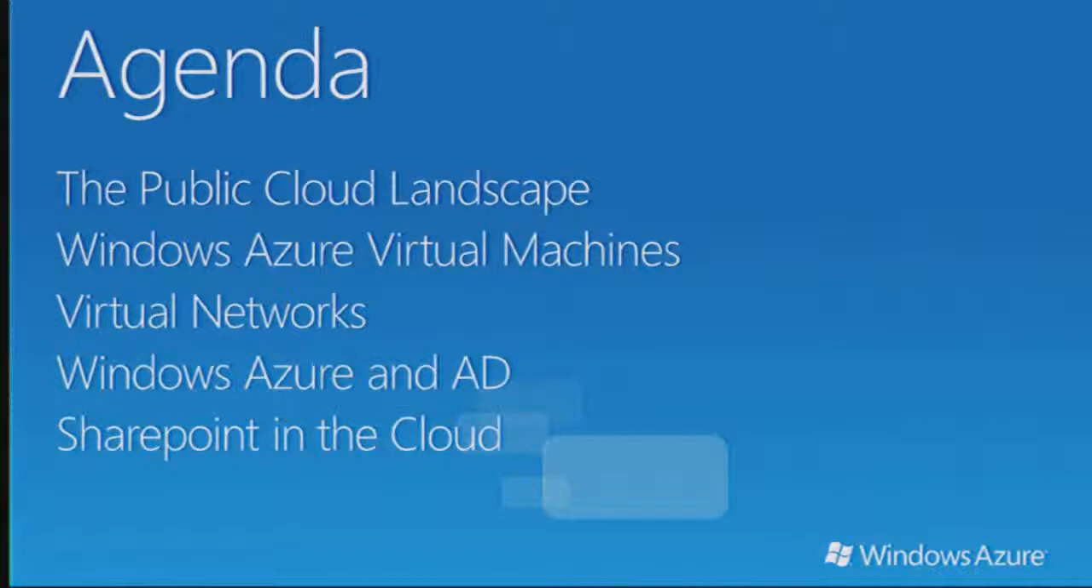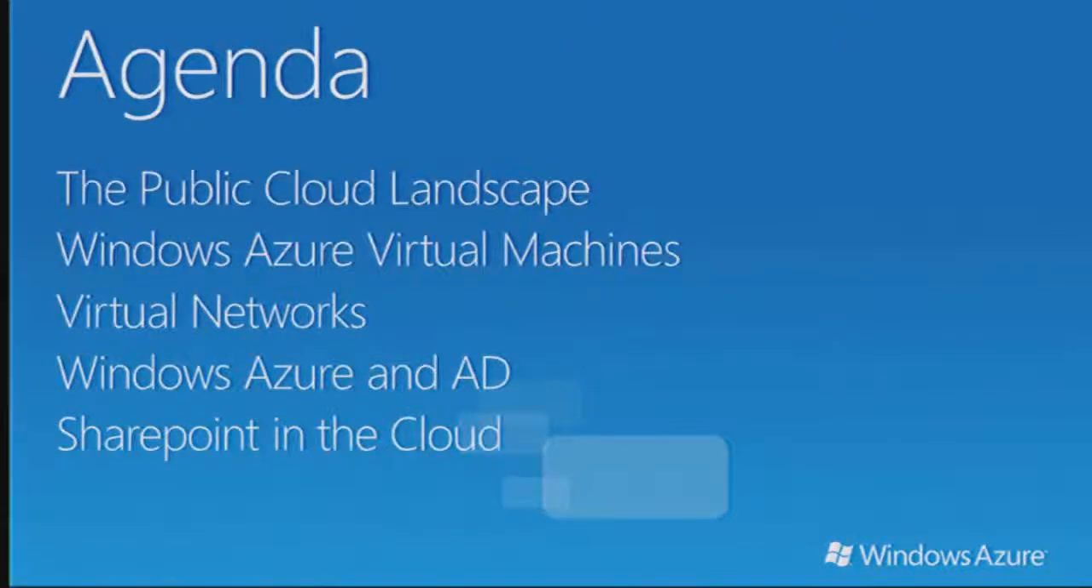We then have a section on Windows Azure Virtual Machines, which was introduced in Windows Azure on June the 6th with an announcement of our IaaS features. I'll tell you what that means in a minute. Allied with that, we've got things called virtual networks. We'll talk about that. Then once we understand what virtual machines and virtual networks are, that leads us nicely into